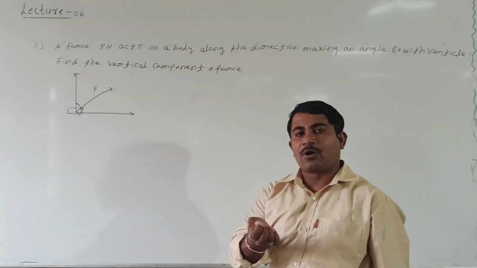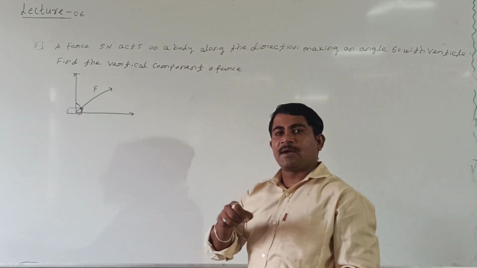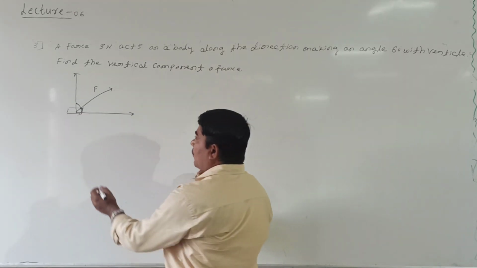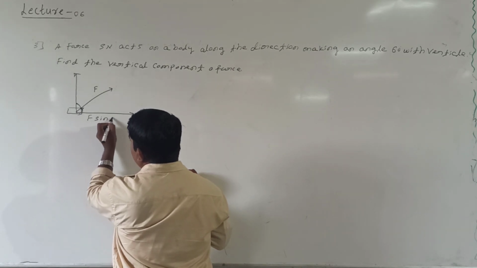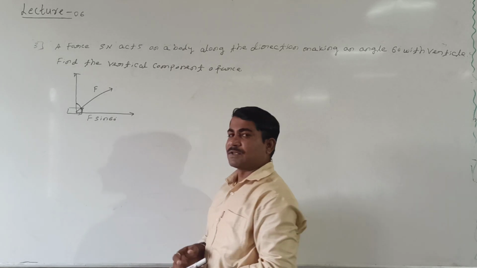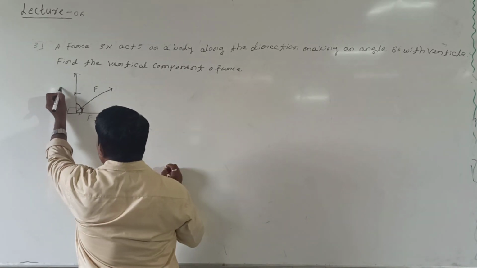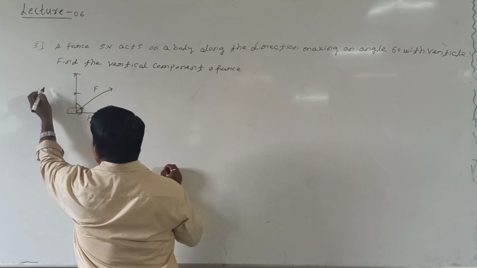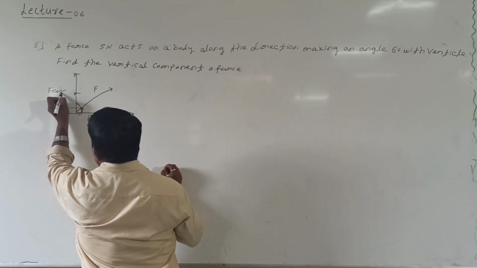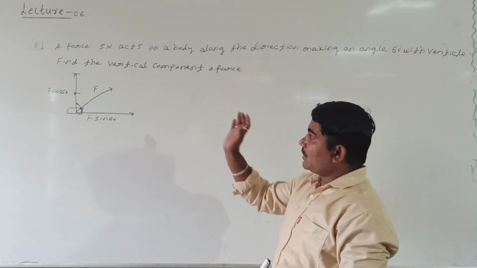If we are asking for horizontal, then what angle? This angle. With vertical, the components reverse. See here, with vertical this becomes F sin 60 degree, because 60 degrees. And the vertical component means this is how much? F cos 60 degree. Are you following? The question is reverse. How is this?